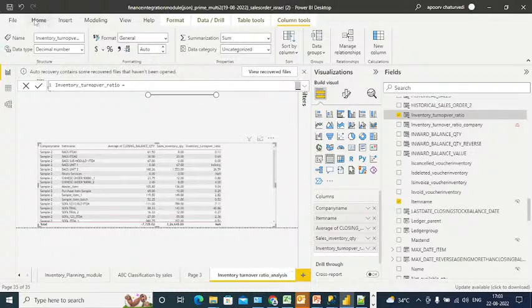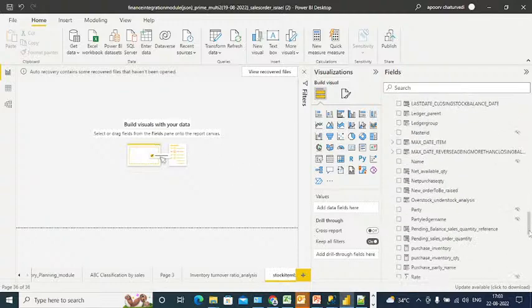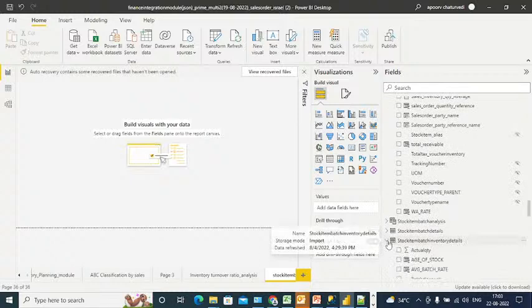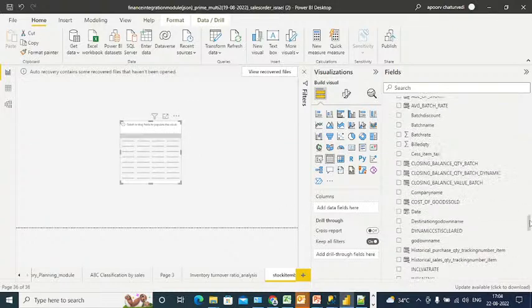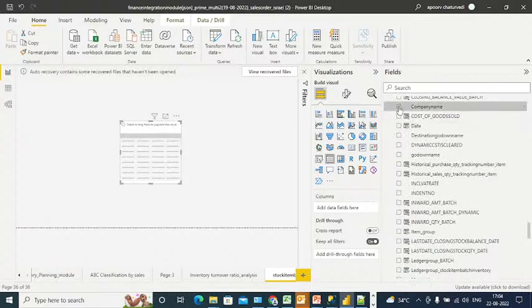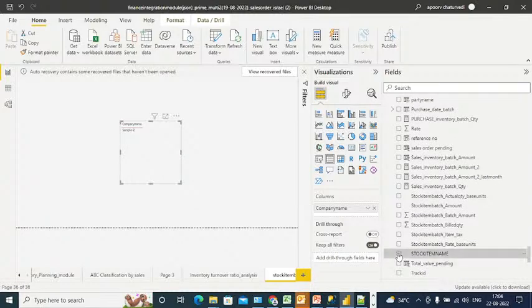Now your second case is that if I close this, if I want to do the inventory turnover ratio at the stock item batch level, so I go here, stock item batch level, and then you go down: company name, stock item name,